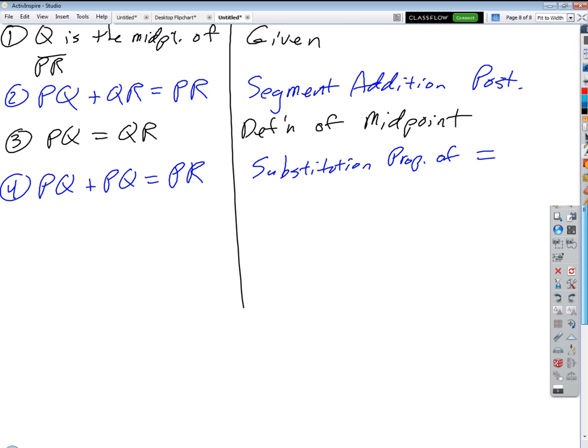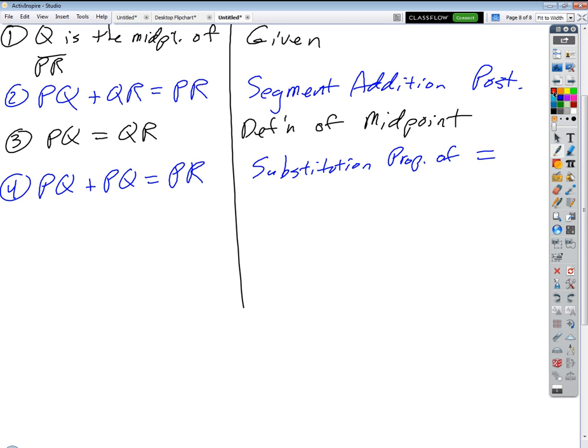We kind of talked about this a little bit yesterday. I'm gonna make this one red, make it stick out. What do you think? 2PQ equals PR. Isn't PQ plus PQ just the same thing as 2PQ? Right? Okay, so step 5,